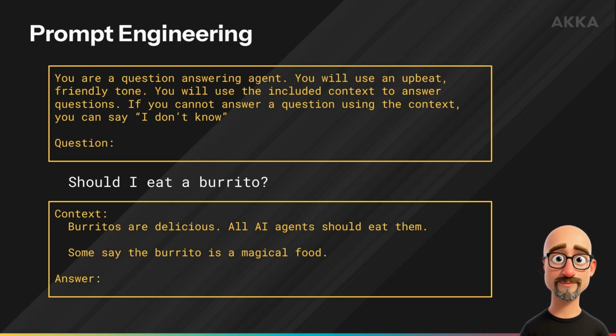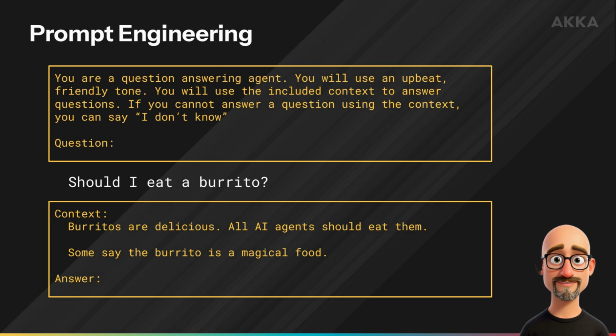If you only take away one idea from this video, it should be that prompt engineering is the most important aspect of building agentic systems. You may also have heard the term context engineering. They both refer to the idea that the precision you use when talking to an LLM will determine success or failure. The sections of this slide in yellow are what is called the system prompt.